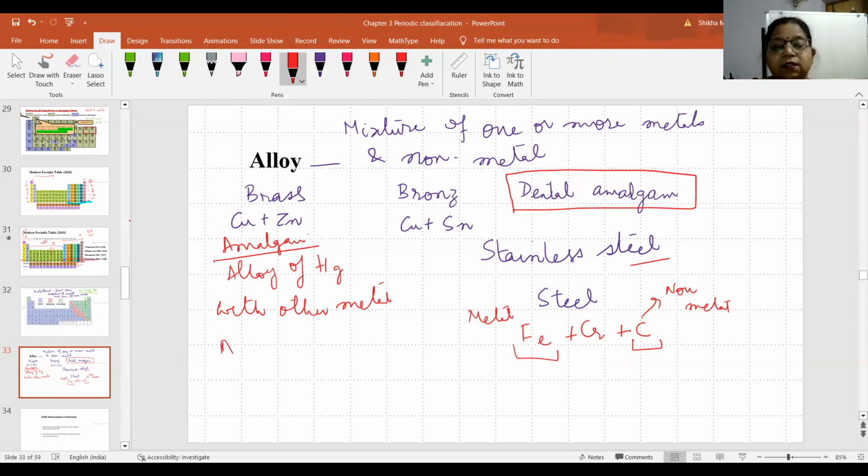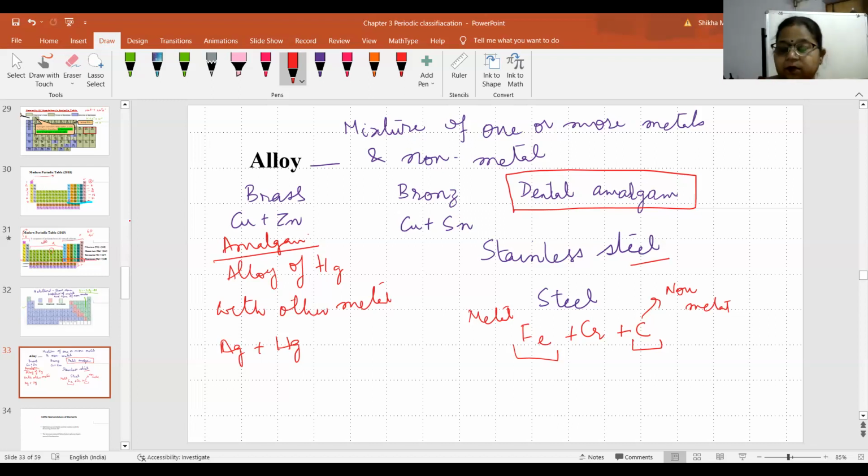That means silver and mercury are mixed in a certain ratio and they are used as a dental filling. Remember, earlier the dentist used to use mercury silver amalgam to fill the cavities in the mouth of their patients. But later on, it was discarded. Now they use something else, which is a bit synthetic and maybe cheaper and more useful.